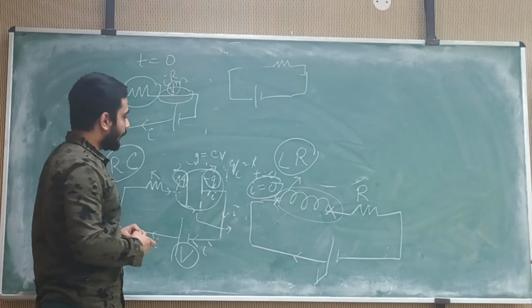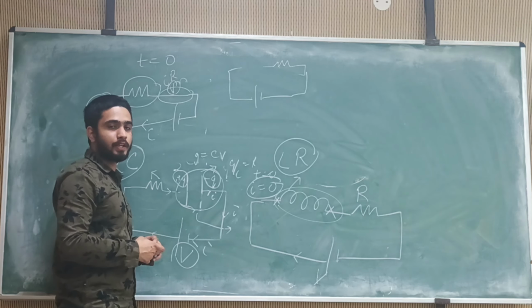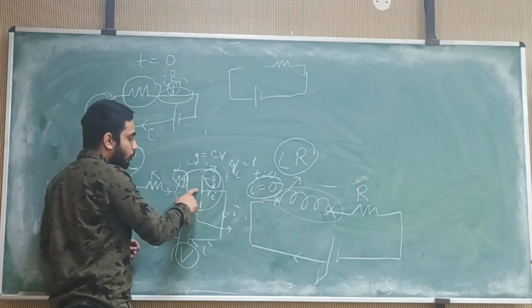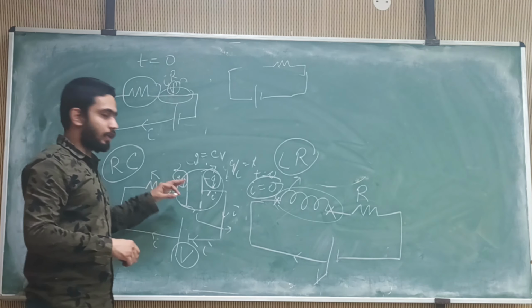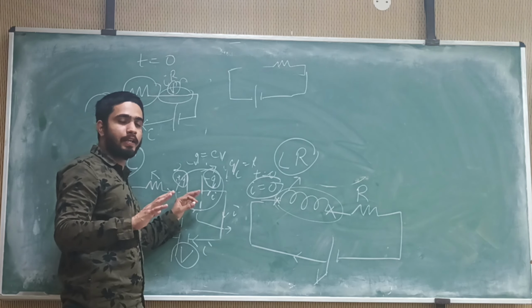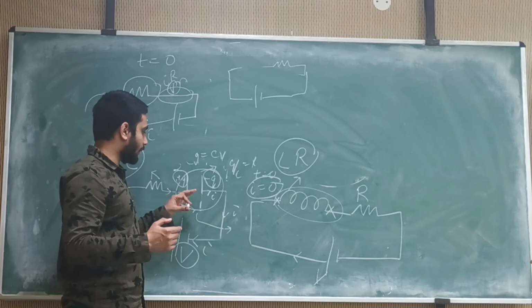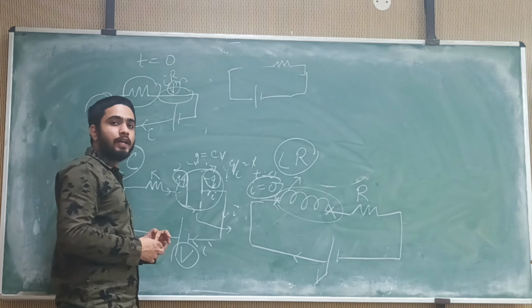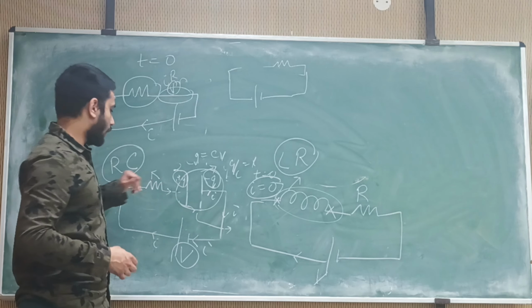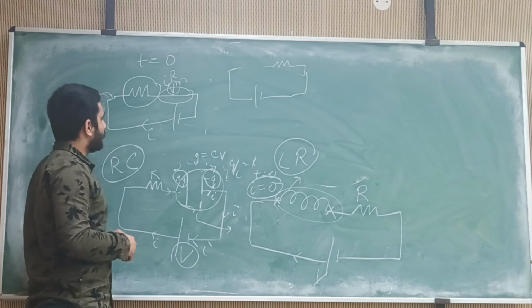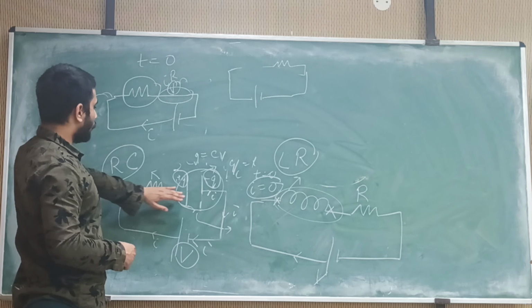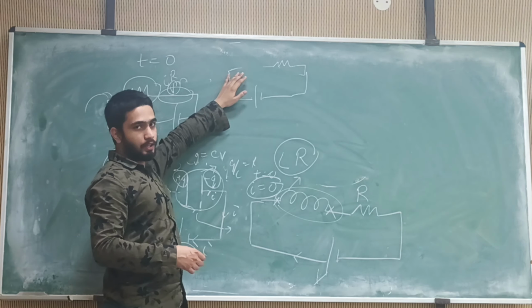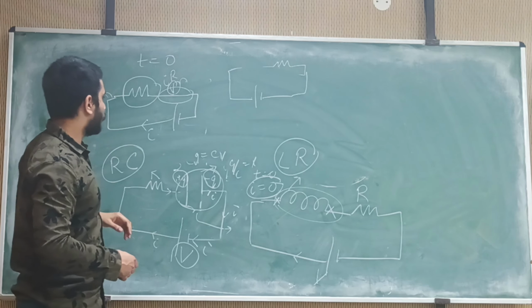So if it is asked that in an RC circuit or any capacitive circuit, or RLC circuit, where the current is not there: the current is not there between the two plates of the capacitance, and in other places in the circuit the current is there. So at time t equal to 0 we can replace it with a wire, but it has maximum resistance, so it is a blank space and no current is flowing here.